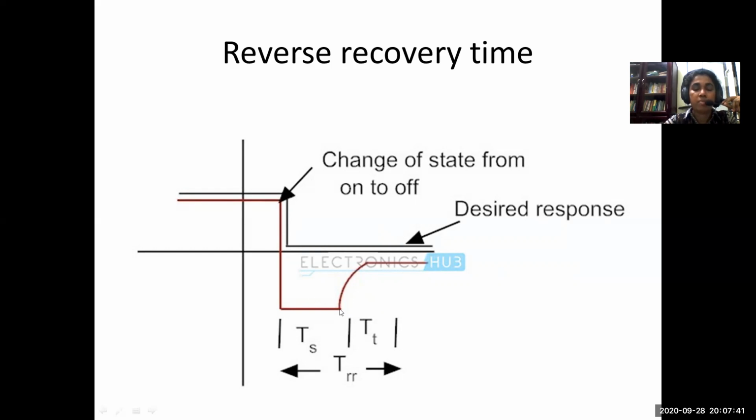Then what happens is that when all these stored charges are completely removed, both the P region and N region are experiencing reverse bias. So after that, the current can be created only through the minority carriers, and the current will be very small. So that means when all the stored charges are removed from both P region and N region, after that the current will be carried only by the minority carriers, and that will be very small. So the current will fall to a very small value, and that is represented by this point.